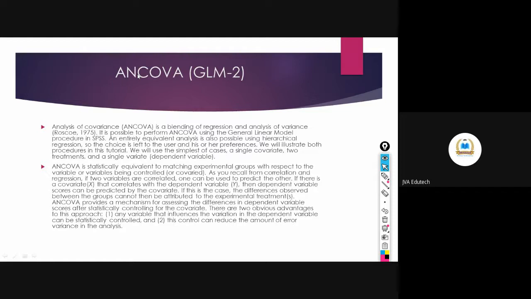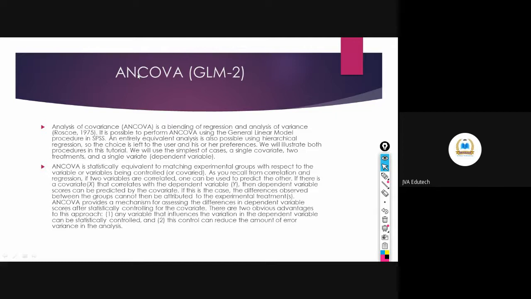So in SPSS, there is no direct method. So we use the generalized linear model method in SPSS. And when I will be teaching you regression, there is actually a method of regression known as hierarchical regression. Through that also you can do this ANCOVA.